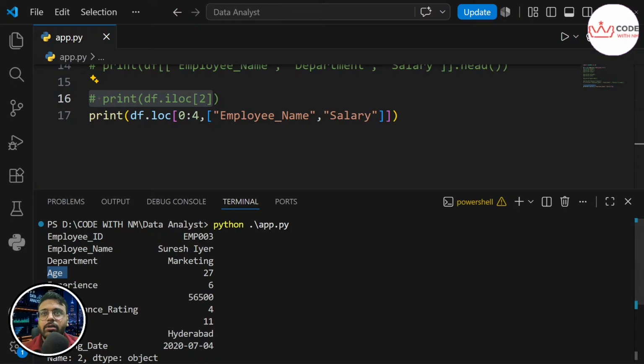A common beginner mistake is mixing up iloc and loc. Remember, the i in iloc stands for index position number, and loc is nothing but label names. This trips up almost every beginner in their first week. So once you start working with iloc and loc, you will be tripping over this. Hope this is understood. Okay.